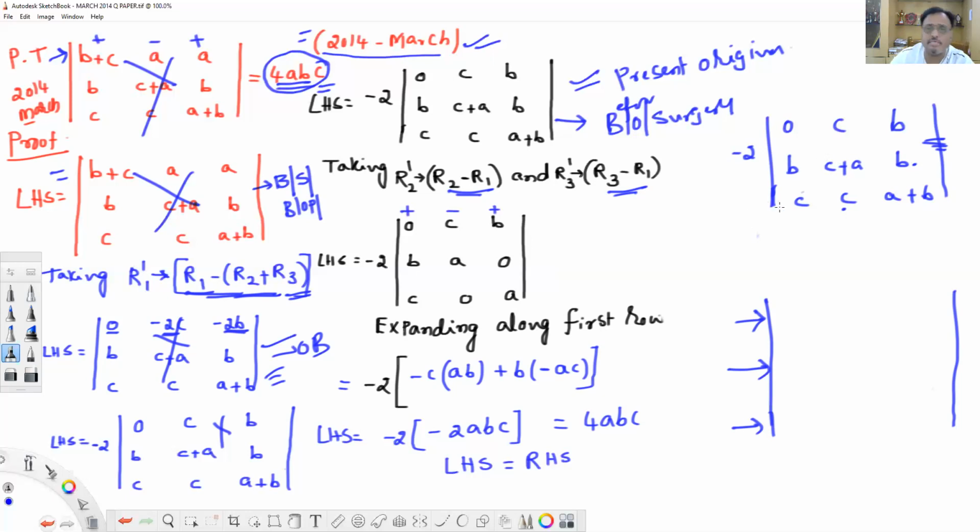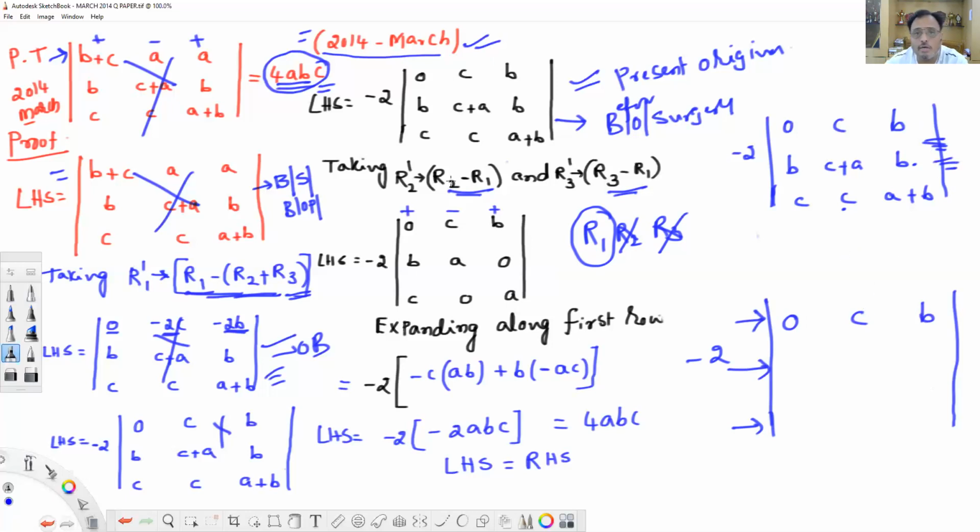Okay then. First surgery: now unchanged we have to see. How many rows are there? R1, R2, R3. In the first surgery, R2 is visible, remove it. In the second surgery, R3 is visible, remove it. Then definitely R1 is unchanged, that is -2. R1 is unchanged here, 0, C. So on this body you are doing surgery. That means minimum after surgery 1 row and 1 column.